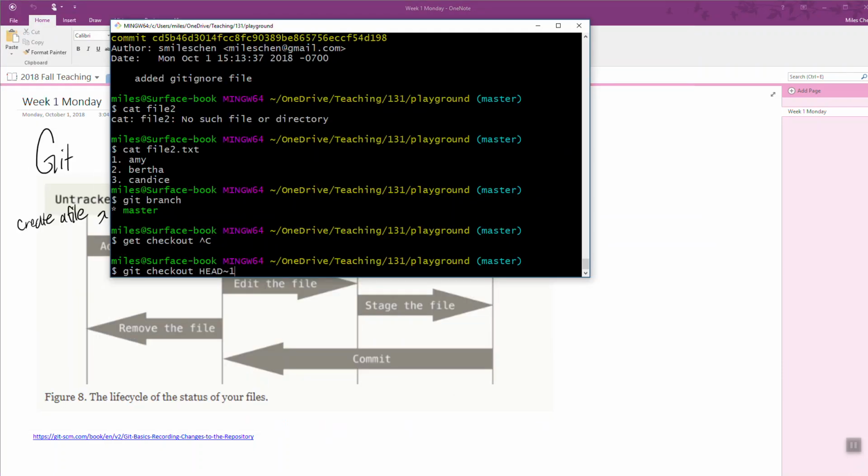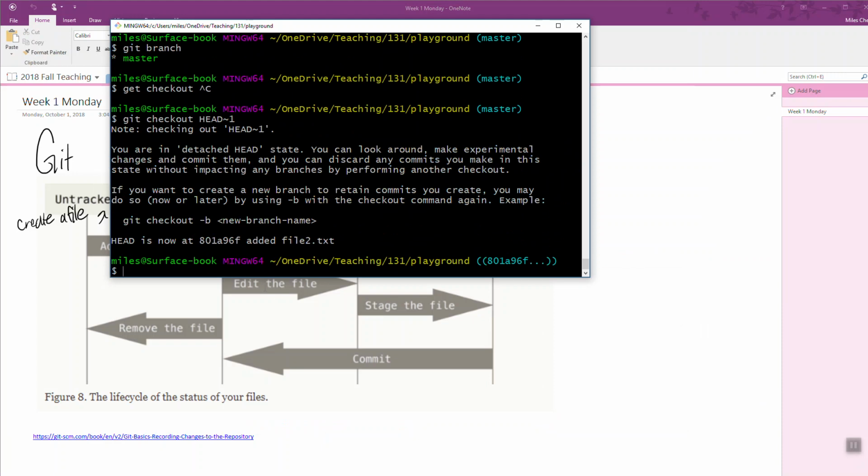Okay, I think you can type in checkout head ~1 to go back to the previous commit. All right, so it says head is now here. Added file 2. If you want to create a new branch to retain, you may do so by using -b. Oh shoot, I'm in a detached head state. Okay. All right, so it tells me I'm here at 801A96F, which